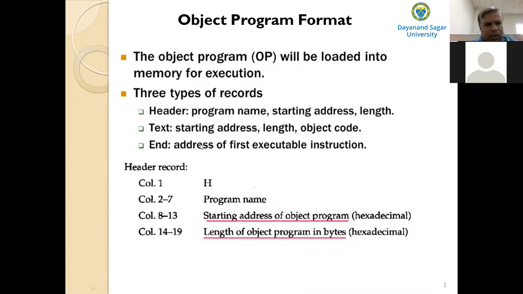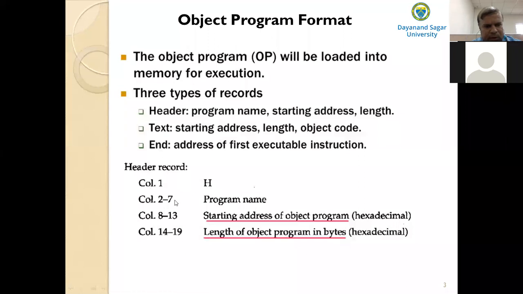Then what is the format of each of these records? First, let us know the format of the header record. It is written from column 1 to column 14. Column 1 contains the letter H, which indicates that it is a header record.